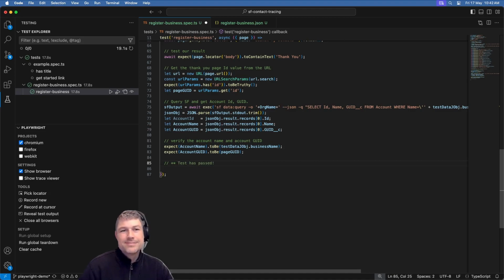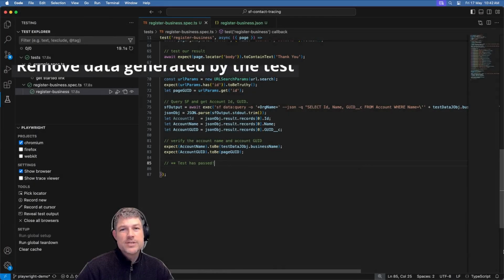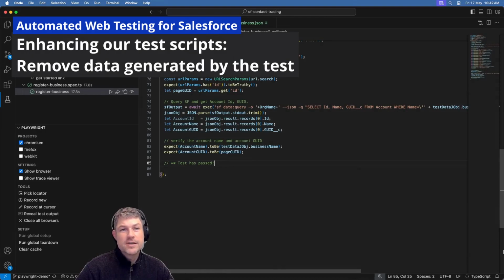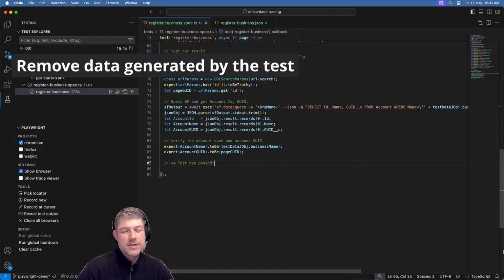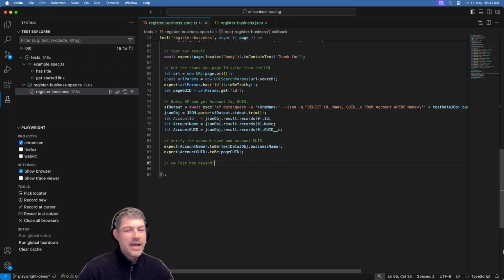test has passed. Now there's one more change I'd like to do to this script before we're finished, and that is idempotence. So this script creates an account and a contact record every time, and I'd like my test system to be fairly clean. So we can add another Salesforce command in here to either remove this test data at the end of the script or at the start of the script to ensure that it's operating correctly. So an easy way to do that would be,